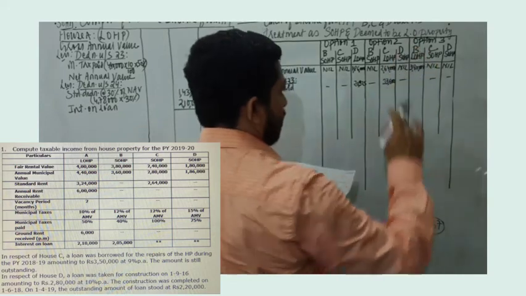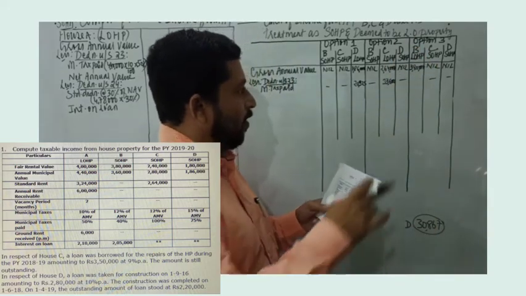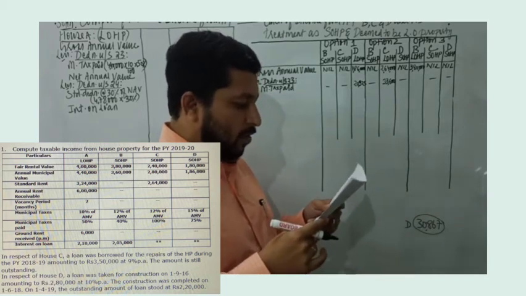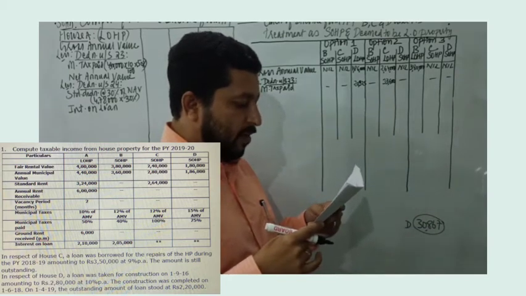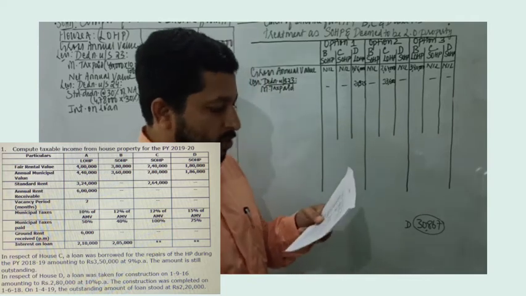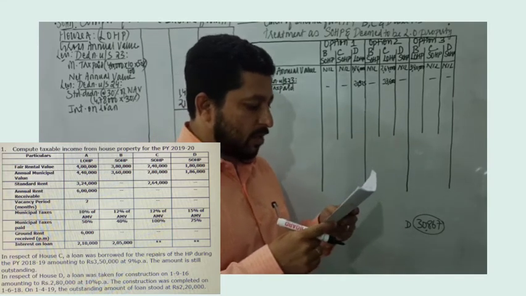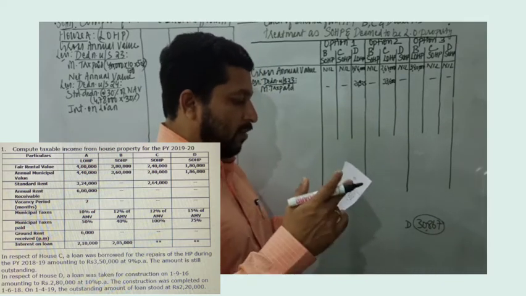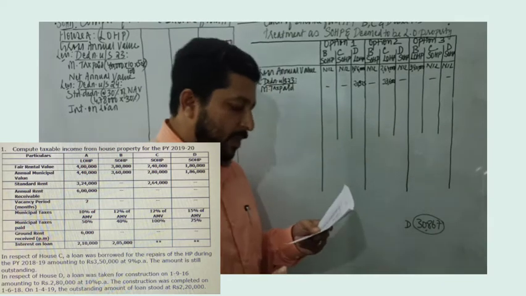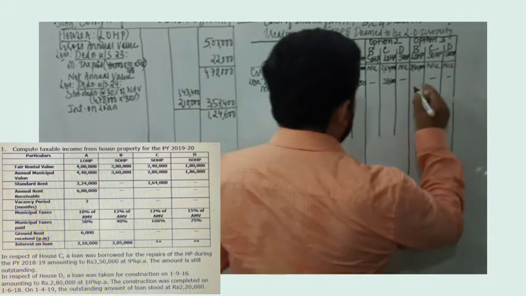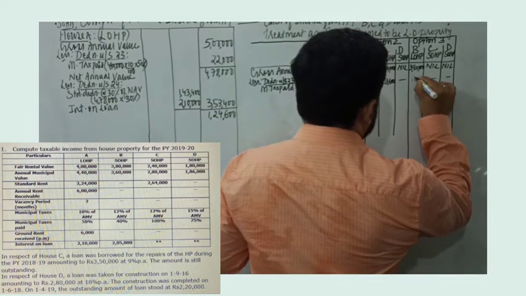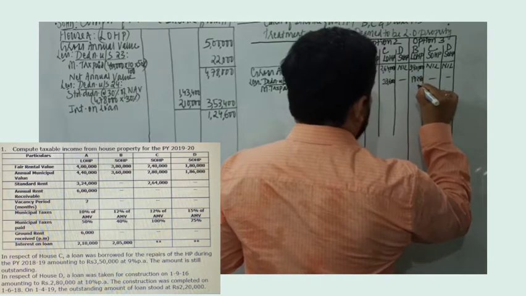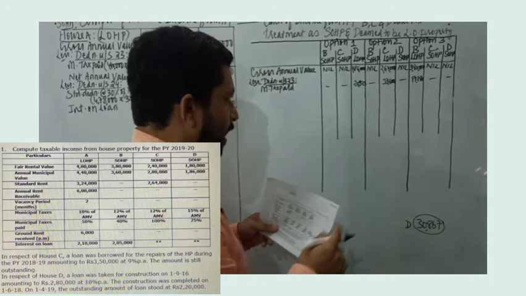Let's go to option 3 now. In option 3, B is treated as deemed to be let out house property. So it is 12% of AMV. AMV is 3,60,000. So 12% of 3,60,000, and in that 40% has been paid, meaning 3,60,000 into 12% into 40%. That would give you 17,280. So 17,280 will be the value.